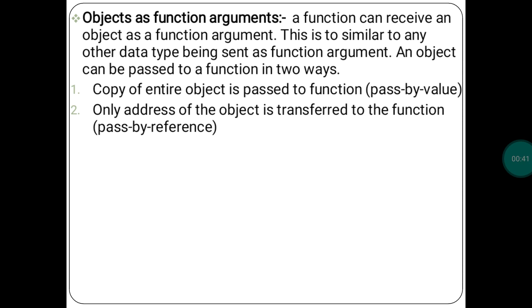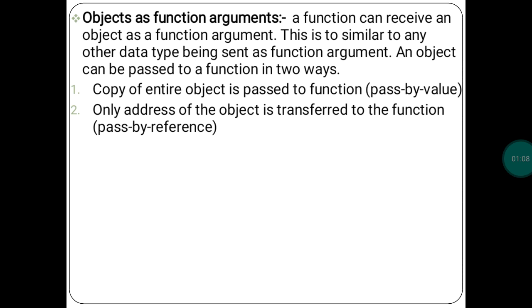A function can receive an object as a function argument. This is similar to any other data sent as function arguments. An object can be passed to a function in two ways. In the first way, the copy of the entire object is passed to the function.